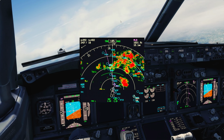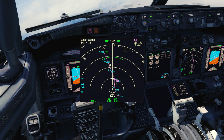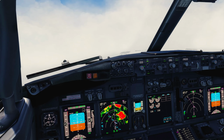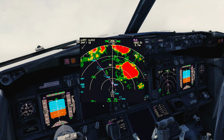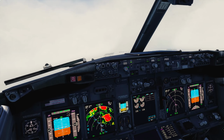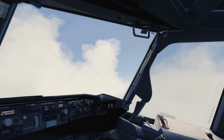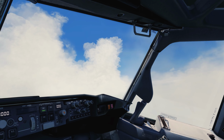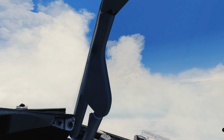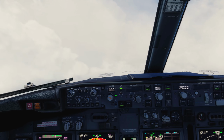I was wondering why earlier I got handed off to Jacksonville, but whatever. So the plane's struggling to complete the turn to bring us to the MLB. You know what? I'm going to look that up. I'll be right back. Melbourne International. Alright, fair enough. Melbourne VOR. Good to know. It's not the greatest weather for flying, is it, today? Jeez. Look at this. I'm going to turn P3D down a little bit and turn...